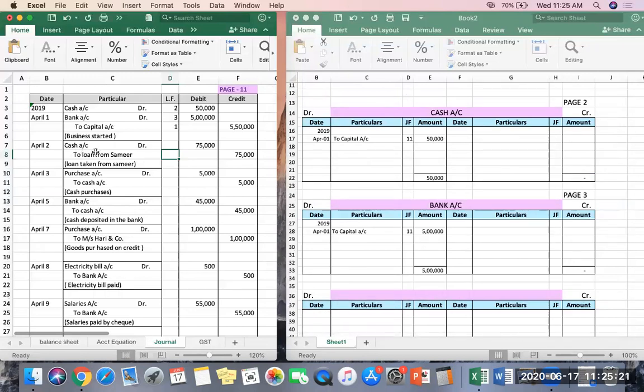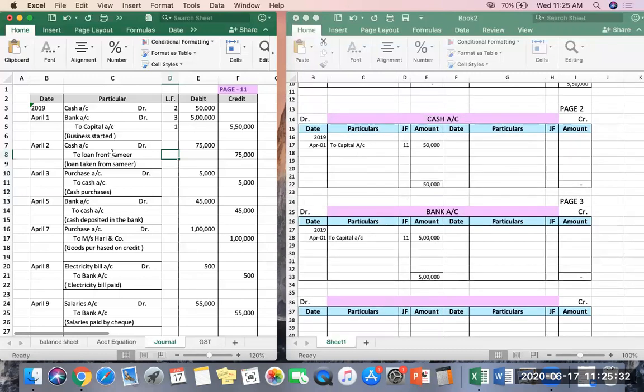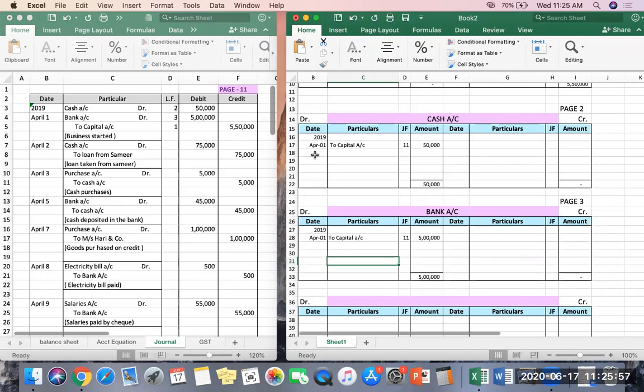If I start again, now cash is coming again. You do not have to make cash account one more time because cash account is already made. So we will just keep on doing the entries now. Okay? Here cash account is debited. So which side will the entry go? Debit. It will go on the debit side because the side is given as debit. Moreover, date is given as April 2. So you'll write here April 2.